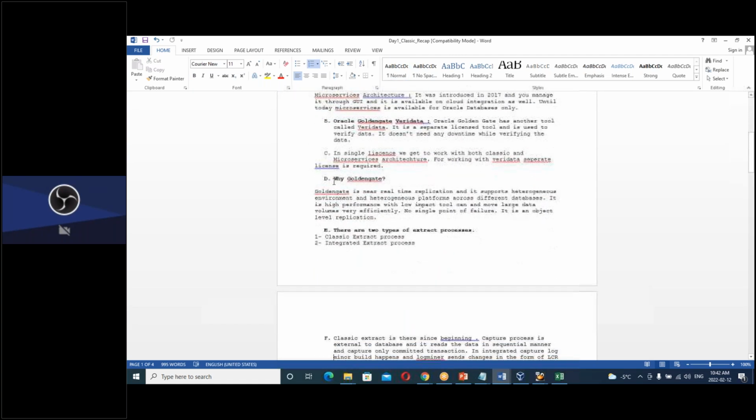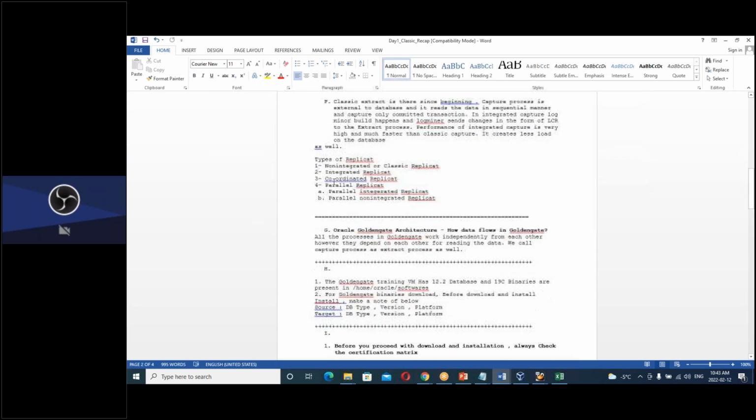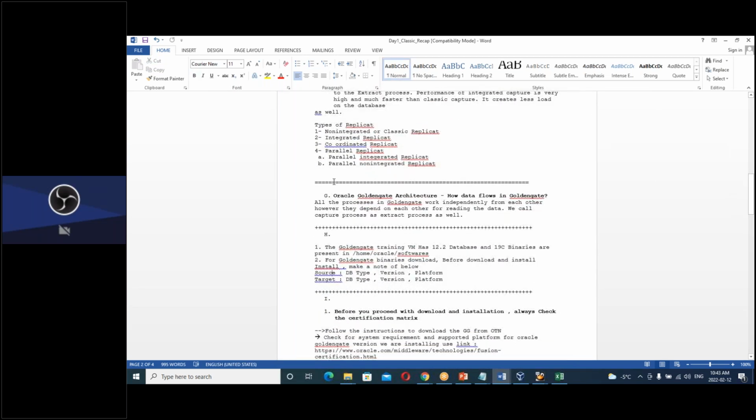Then we discussed what is Goldengate Veridata. Veridata is a separate license product. Then we discussed why Oracle Goldengate, and the different types of extract processes and replicate processes available. Next, we discussed the Oracle Goldengate architecture and how data flows in Goldengate. Then we discussed the certification matrix and how we proceed with it, and